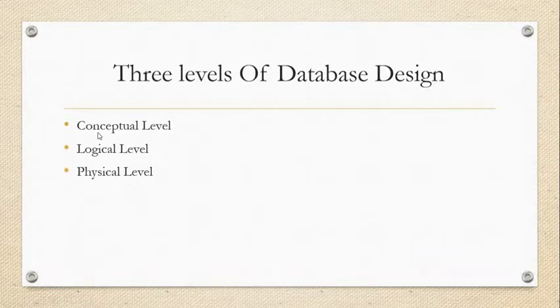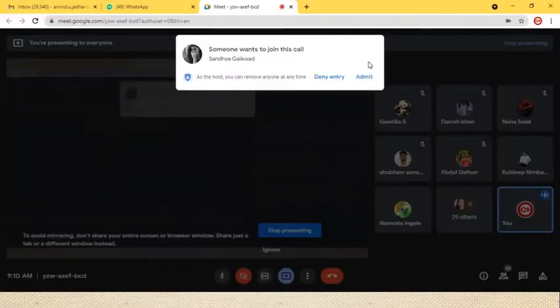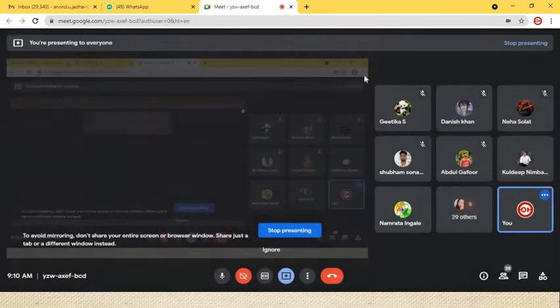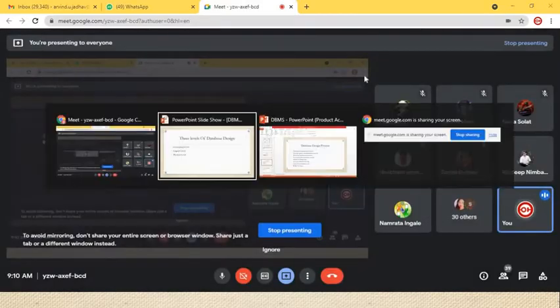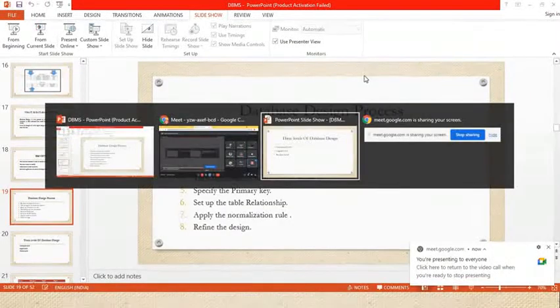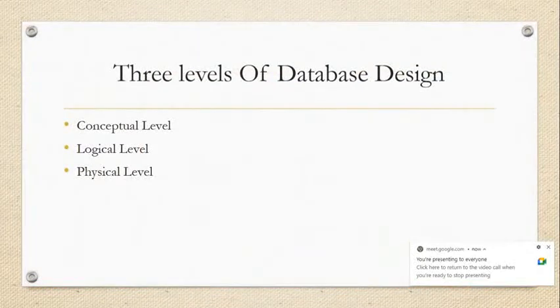Let me quickly revise the layers of the database. There are 3 levels: conceptual, logical, and physical. What is the difference between these 3 levels? In the conceptual level, we are just trying to find the entities, that is, the table names. What is the purpose, and by using that purpose we get the information, and we find out what the tables are.